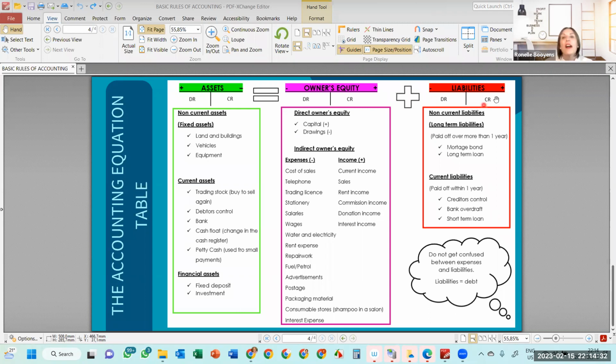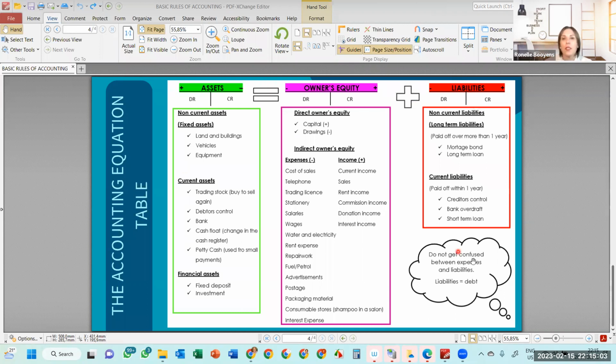So here we are. Just to end off, liabilities rule, the T account rule is exactly the same as for owner's equity because they're standing on the same side of the equation, because both of these two elements are where the business owes money to them, owner's equity or to outside parties. So their rules are exactly the same. I'm ending off with this.